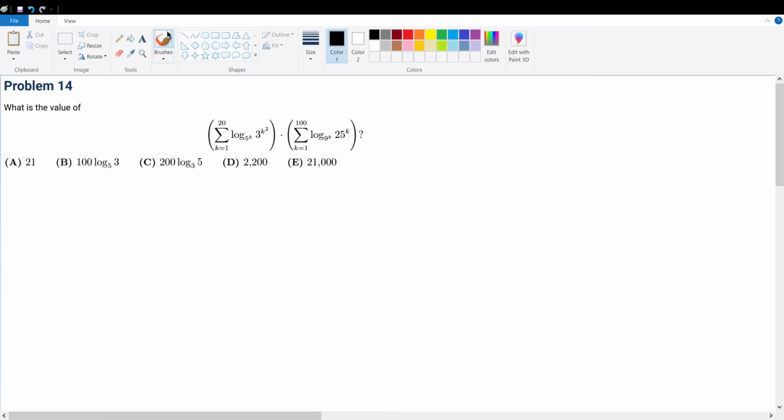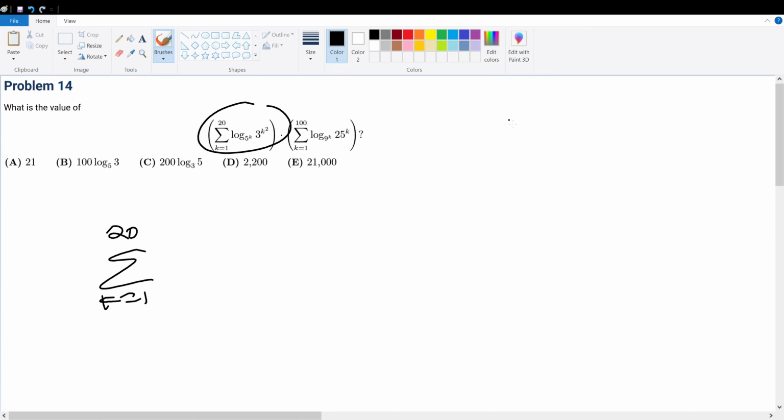Problem 14. What is the value of the following expression? So in order to solve any summation, you always want to simplify it into as low of an argument as possible within the summation. So for the first summation, which is this one right here, we have the summation of k is equal to 1 all the way onto 20 of log base 5 of k times of 3 to